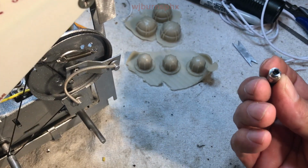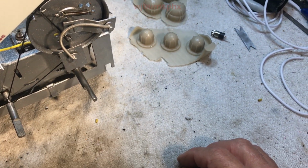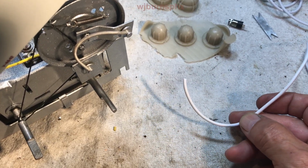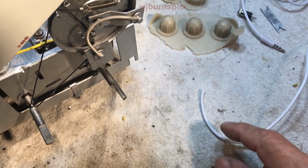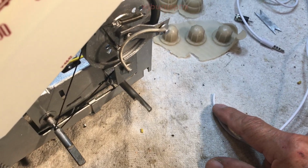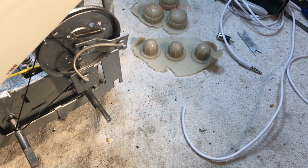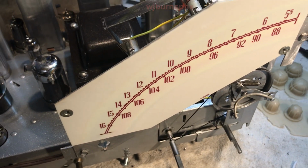So here is the 3.5 millimeter jack that's going to be going into this radio, and when it's ready, I'm going to include a 3.5 millimeter to 3.5 millimeter adapter. So let me